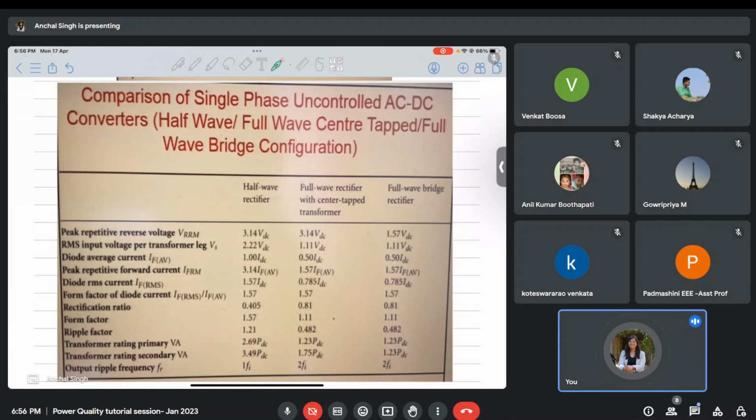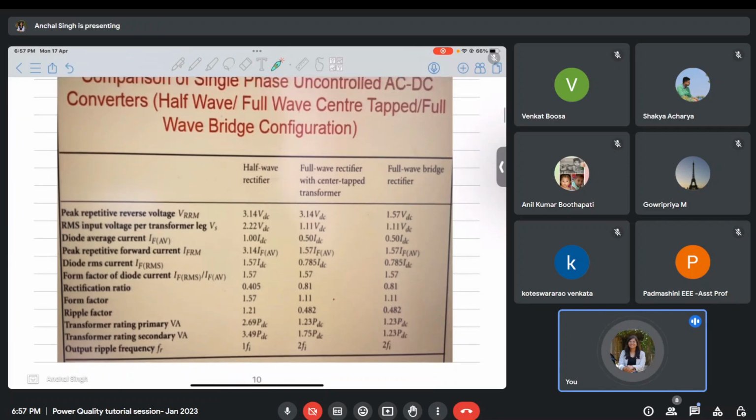And then there are comparison tables present. So in case you want to choose which topology to use and what the differences are in all the topologies, you can look at this comparison table. Okay, so the main factor that we look at is THD. So you can compare the THD. Depending on what your application needs, whether I need the rating of my converter to be less in order to save cost, or do I need a higher rectification ratio, or a lower ripple factor. Whichever is your basis of decision, you pick it, and based on that you make a decision.